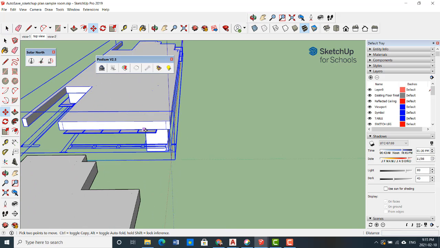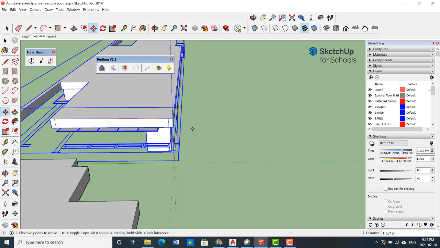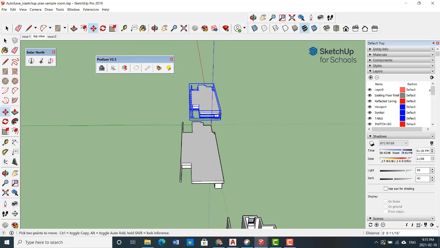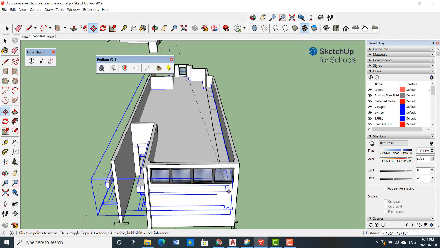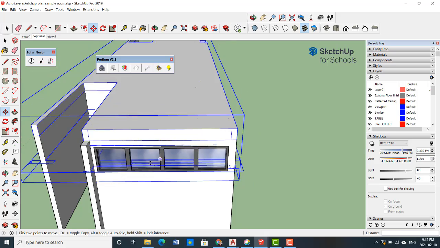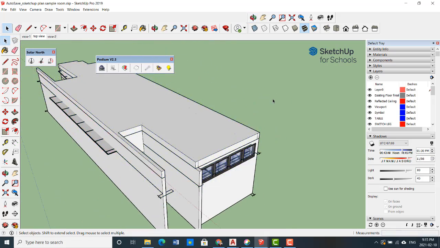I grab this corner from here and I place it here. Okay, then what I would do, if I go to view number 2,